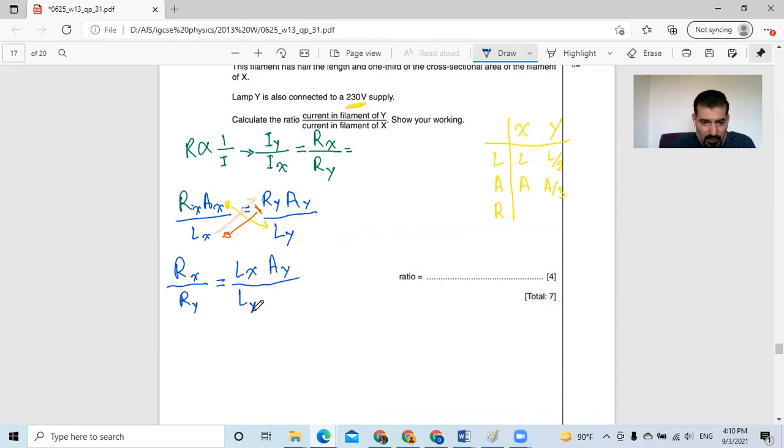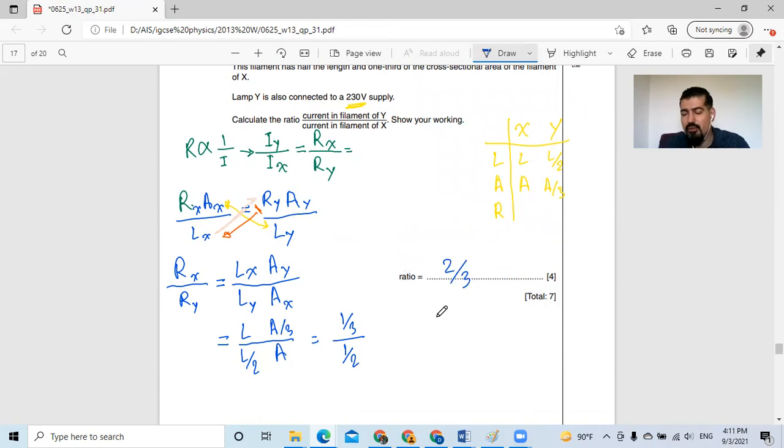Ly multiplied by what? Ax. And let's put the values that we have. Lx, which is L, and Ax, which is A, over Ay, which is A over 3, and Ly, it's L over 2. By canceling L with L and A with A, we will find that 1 over 3 divided by 1 over 2, so our ratio is 2 over 3,